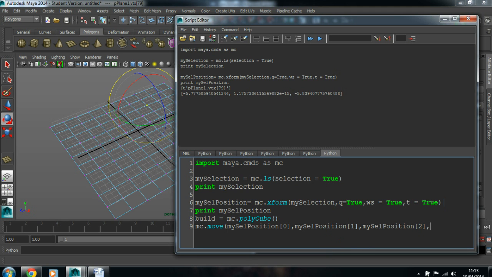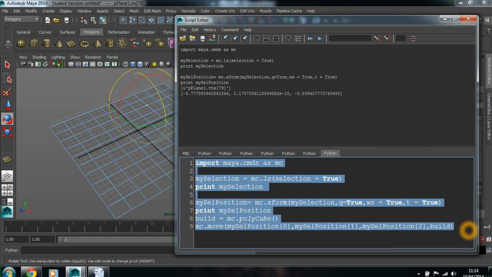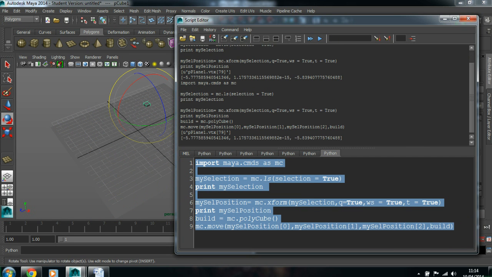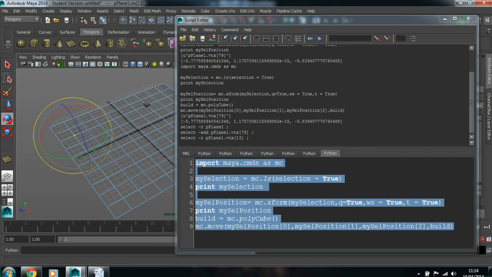But what should it move? It should move the value. And no, don't use relative, because we found the position of this point in an absolute way, so it should go in absolute. By default it's absolute. So let's run this command. So if I select this point,